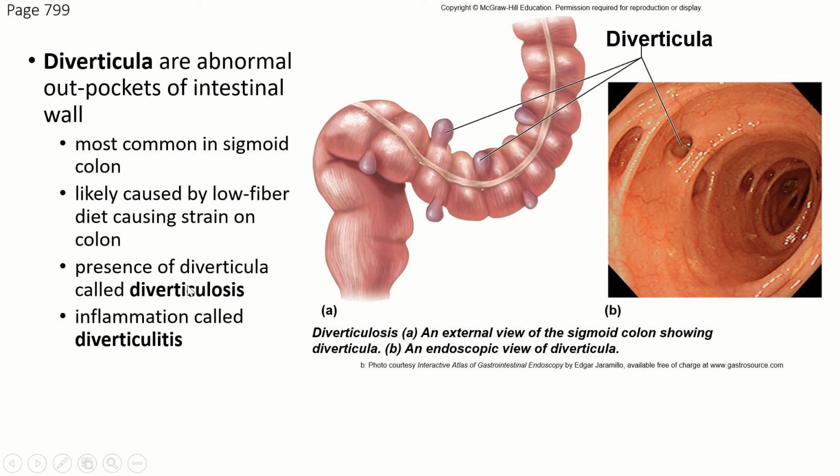The presence of them isn't necessarily going to be noticeable at all. You may have them and they don't get infected, and you would have diverticulosis, meaning that you have them, but that might not be a problem. If you have diverticulitis, then one or more of these became infected. And again, that might happen because feces got compacted in there, and then the bacteria in the feces overpopulated and produced an infection. So yeah, eat fiber.